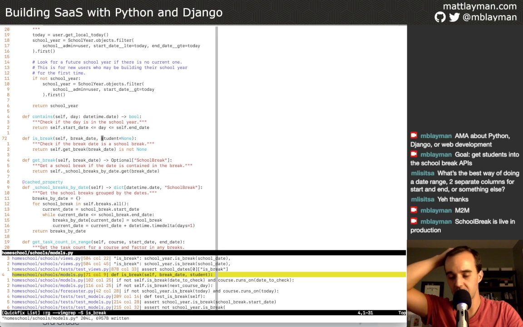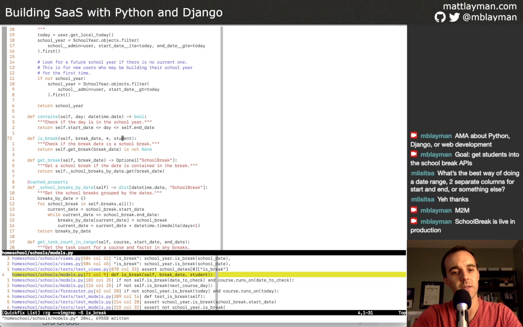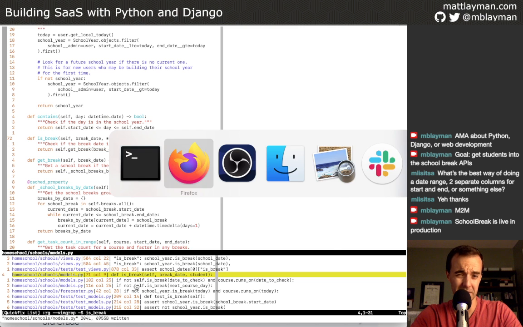So what's the other way to think about this? Well, there are many other ways. One other way is, what if we made this a keyword only argument? And can we do it like this? I think that works.